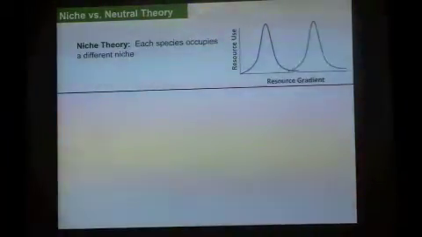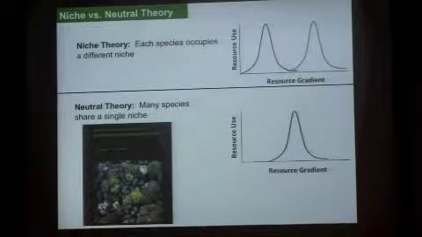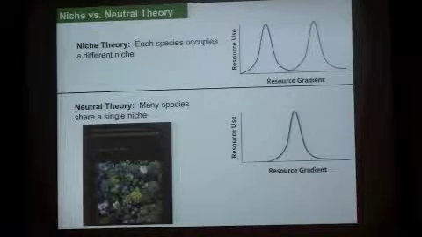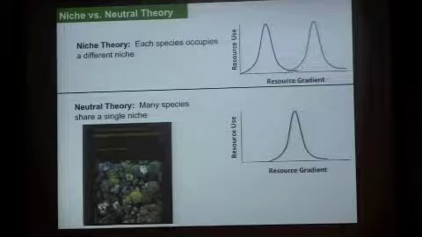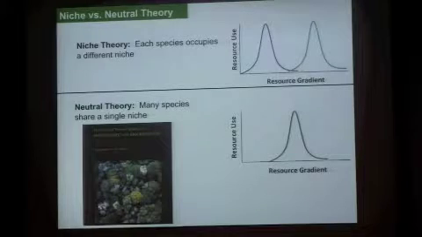So to switch gears a little bit, classic niche theory, which underlies most of ecology, suggests that there's some resource gradient and that each species uses a different portion of that resource gradient. So if this is, say, seed size on here, you have the blue species using small seeds and the green species using large seeds, and that species coexist because they use different niches. And then maybe you've heard around the hallways that neutral theory suggests that species might coexist because they're not any different from each other. And so as long as you could have species using exactly the same resources, and if they have the same fitness using those resources, they might coexist.